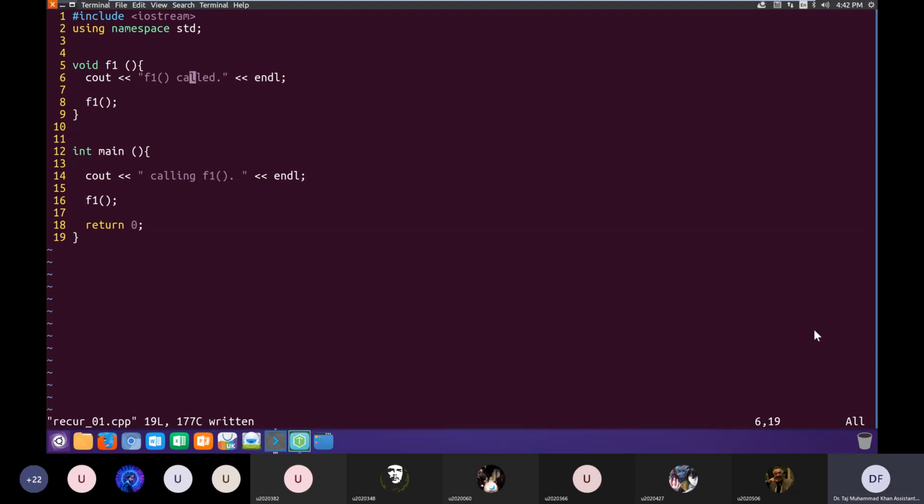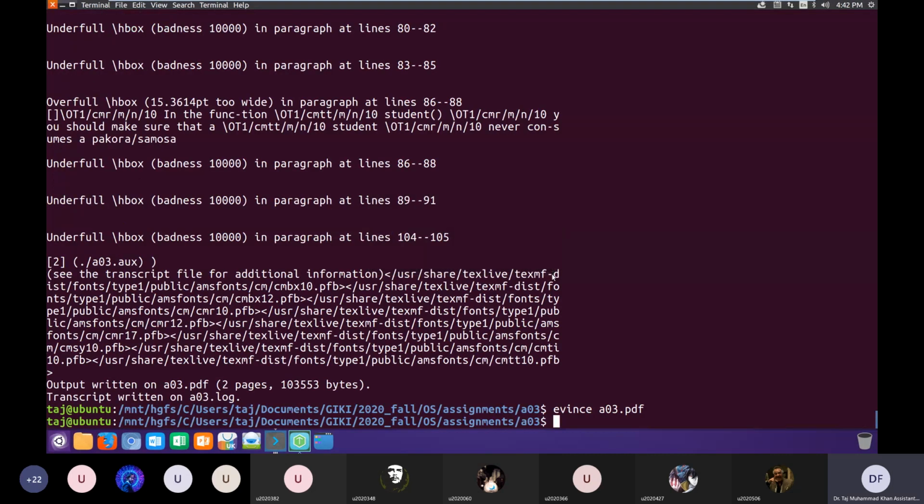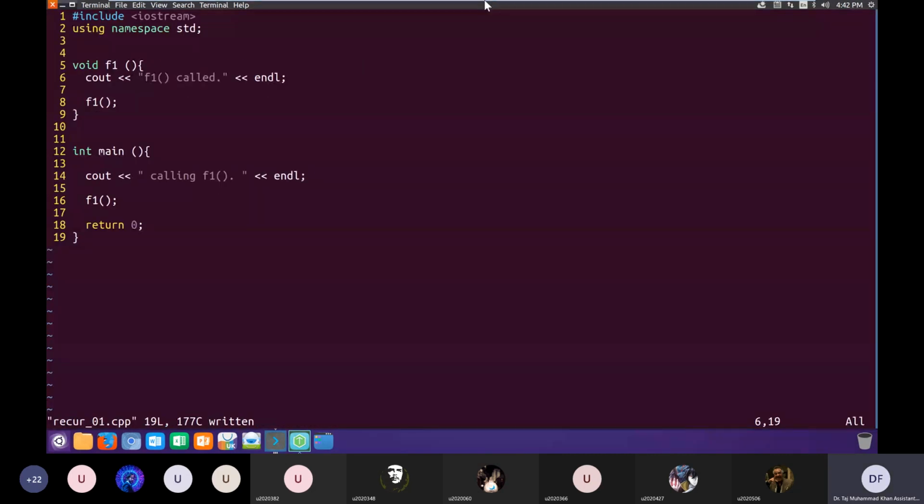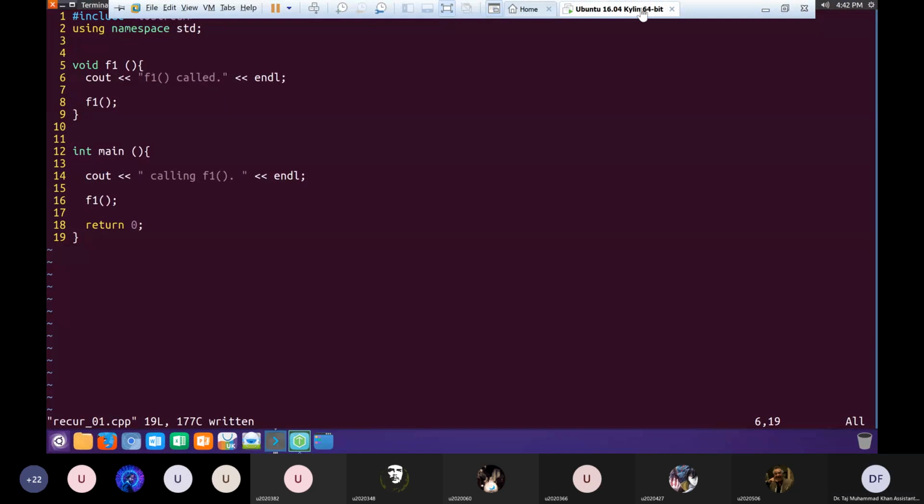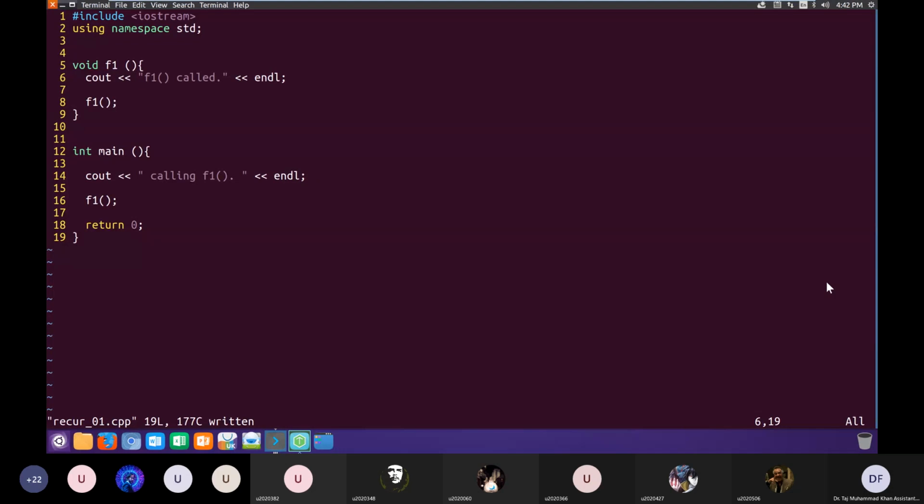Is my screen not visible to others also? Because I have shared this terminal screen with you guys. Yes, but some people are saying that the screen is not visible.